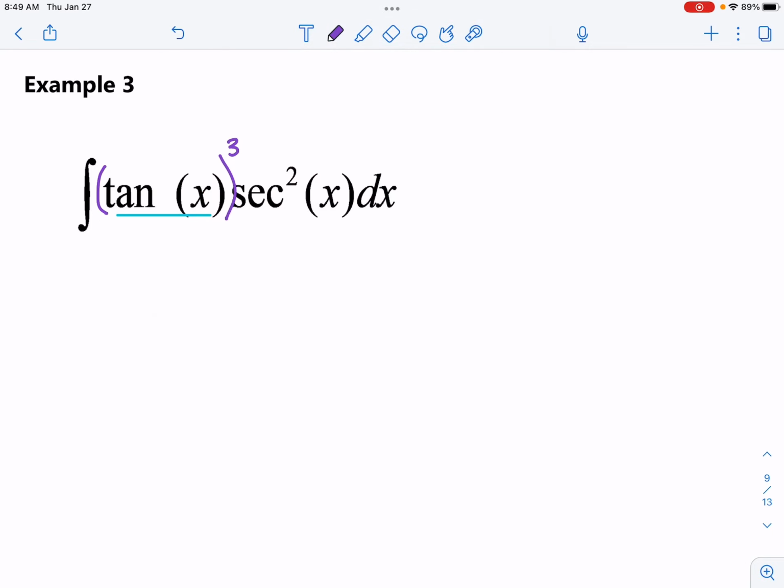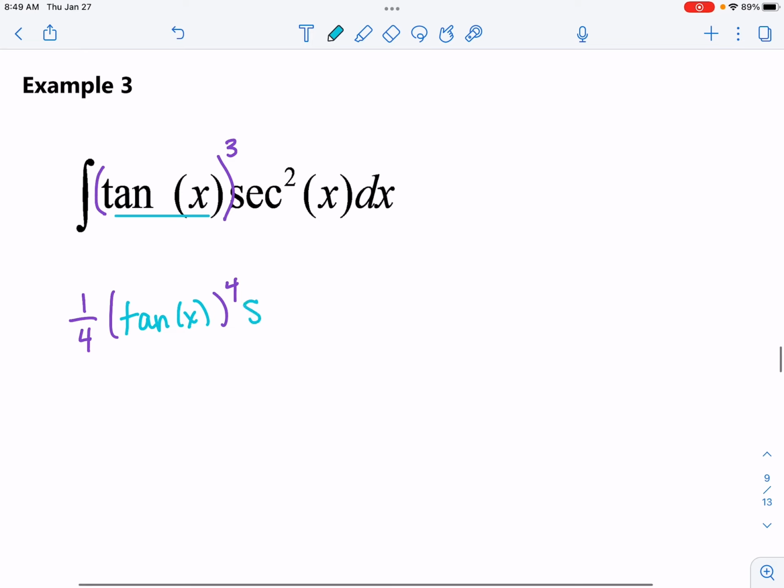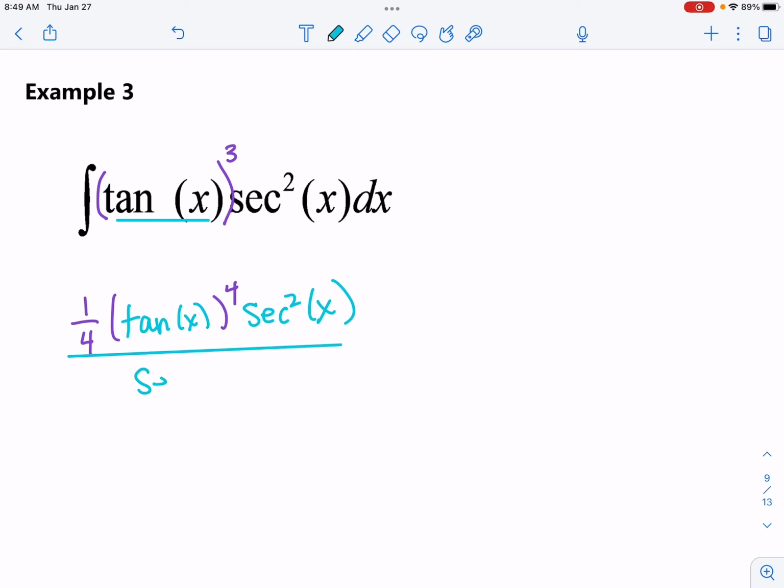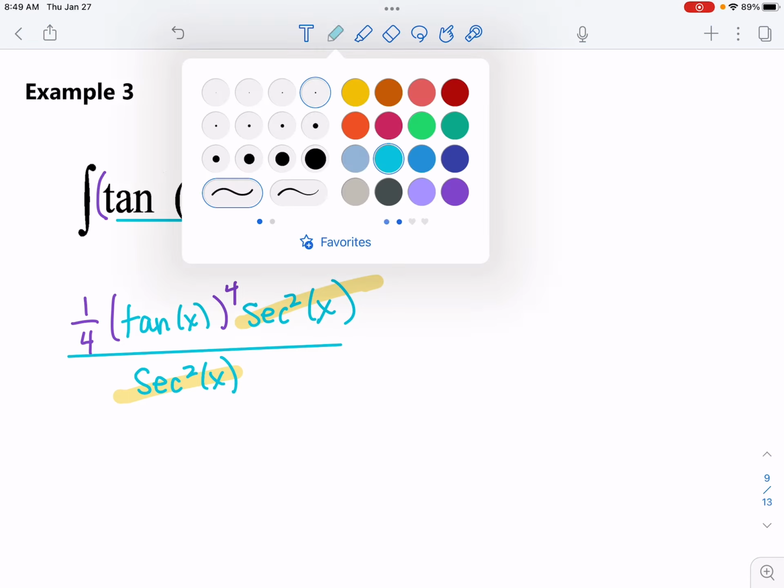Step 1 is to anti-derive the outside. Hold everything else. Step 2, divide by the derivative of the inside. The inside function's tangent of x, whose derivative is secant squared x. Again, if we did it right, those have to cancel. Otherwise, I'm left with kind of a mess whose derivative is certainly not going to take me back to where I started. Okay, so final answer,